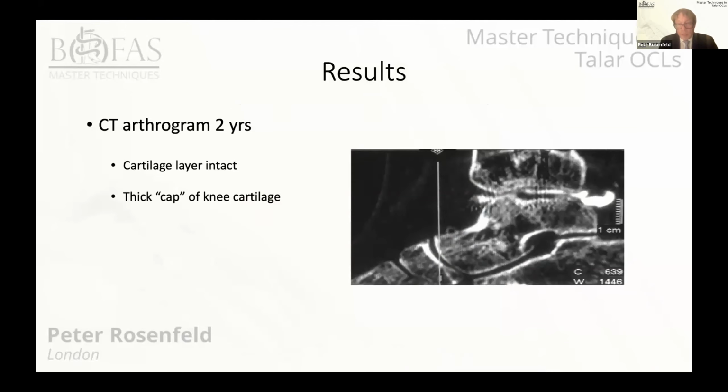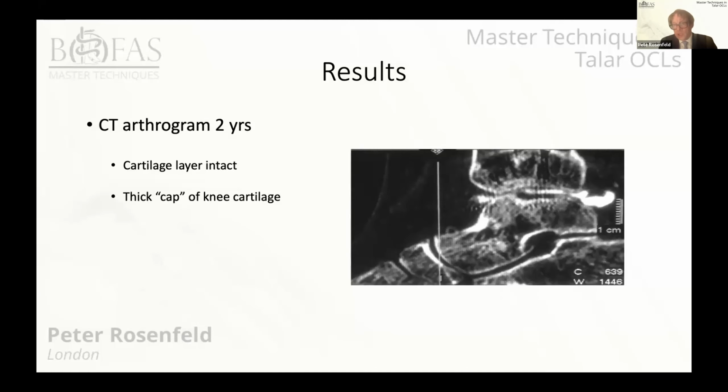Results. This is a CT arthrogram of a chap with a pancreas and, sorry, a renal transplant. Lovely guy. He had some ankle pain. His MRI looked really good, and I didn't believe it was coming from his Oates procedure. So I got him a CT arthrogram,